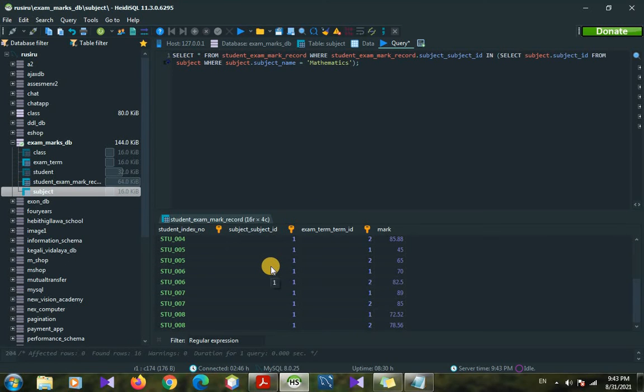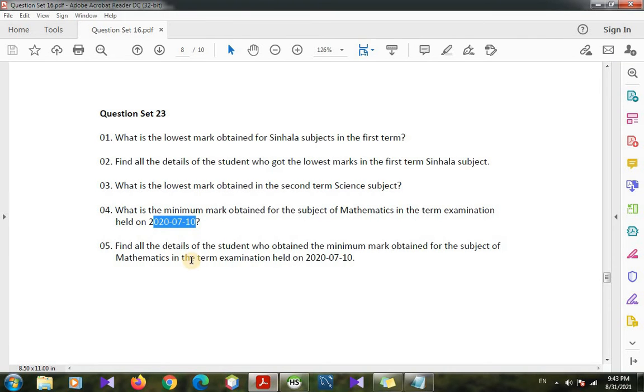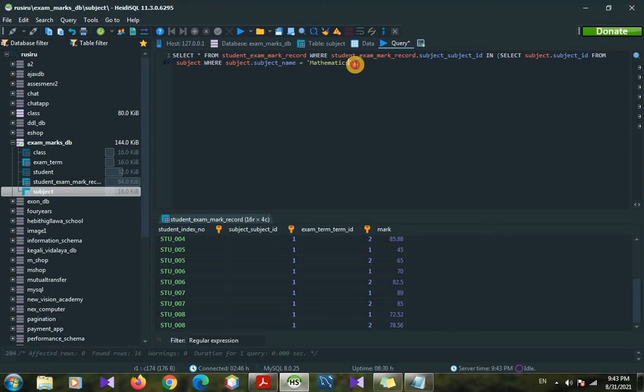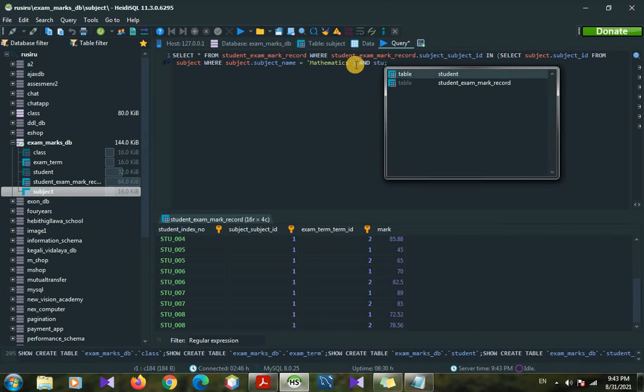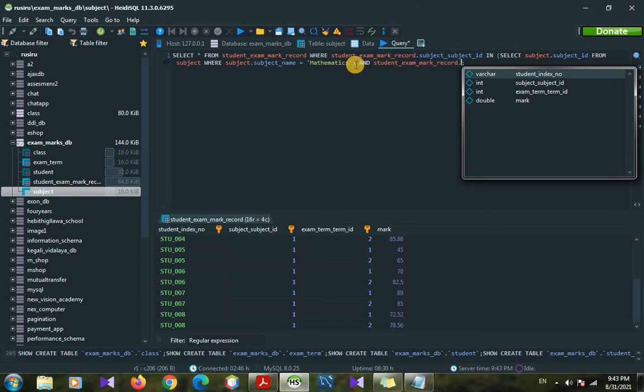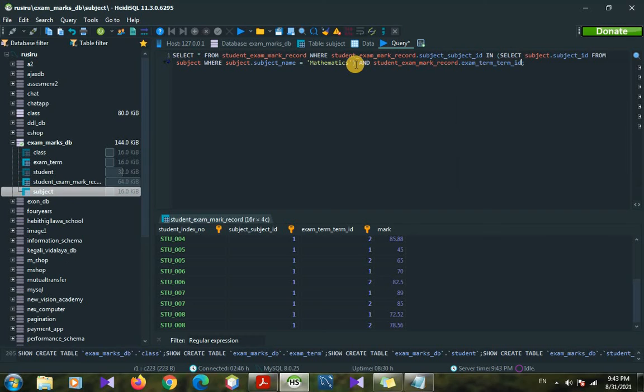So next we can check the date the question is asking, which should be 2027-10. So we can go to the query tab again, and using an in keyword we can give here student exam mark record table dot term ID, the term ID using in keyword to type a subquery.